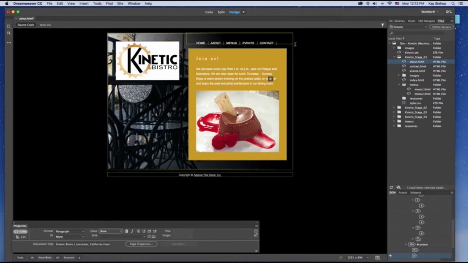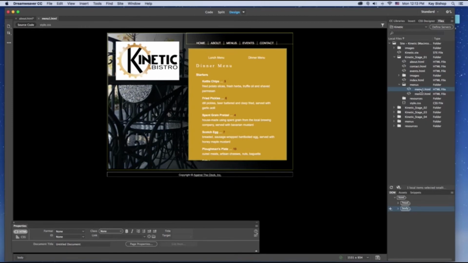We want to direct, using the coding, to go up a folder according to the structure that the page is in. So let us start here by going to our menus, and I'm going to open up my menu 1 HTML page. Double click the word Home in the navbar, and then you can go to our properties panel, and that should be linked to my home page. So I'm going to go ahead and point that to my index page here. I haven't copied all that over. And now you see this .. It's telling me to go up a folder. So when you see that